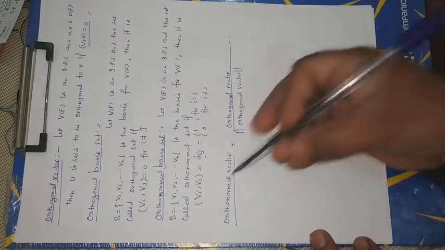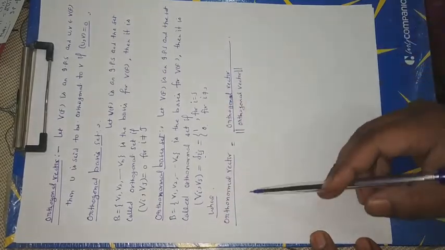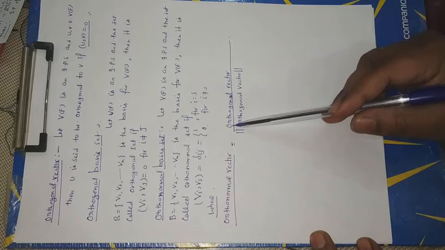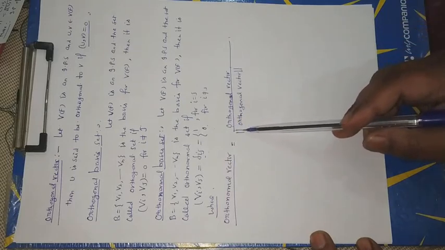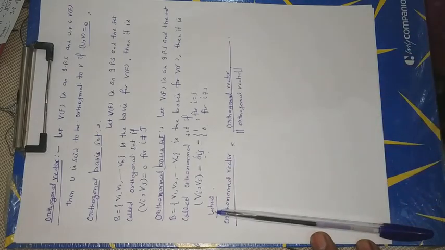Now we have orthonormal vector is equal to orthogonal vector upon norm of orthogonal vector. Okay, student, this is